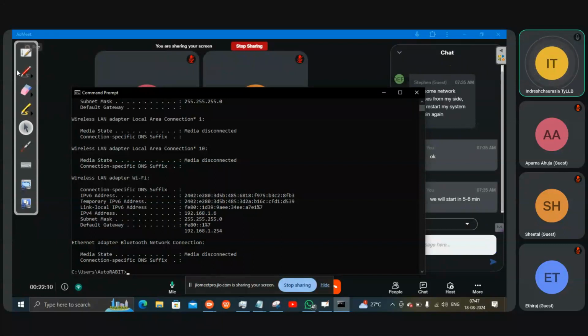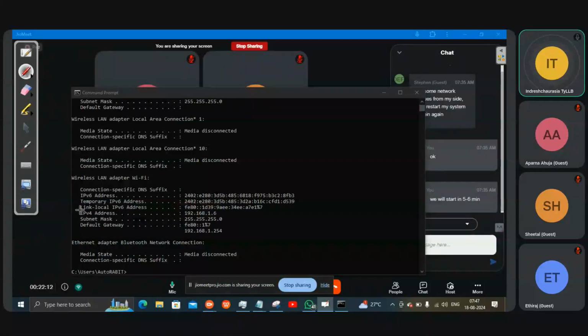Can you see this, how IPv4 looks? Yes. These are IPv4. This one and this one is IPv4. So this is the way it looks.